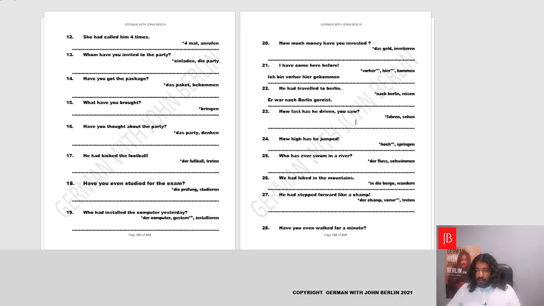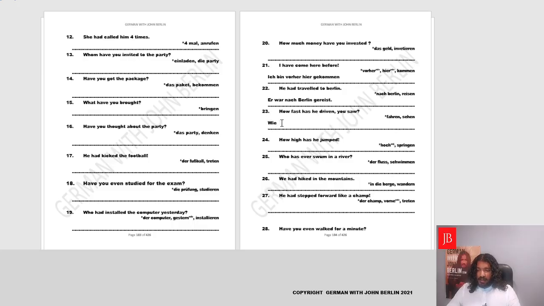You saw. Now, it's again a question. It's a W-Frage. It begins with how. In German, it's wie. Then comes the verb. The verb depends on the main verb, which is to drive. So the helping verb needs to be sein, since there is movement, and the tense is present, so we'll stick with sein. And we are basically talking about has he, so we'll conjugate for he. The verb is sein. So ich bin, du bist, er sie es ist.